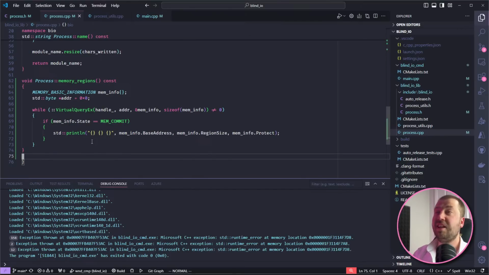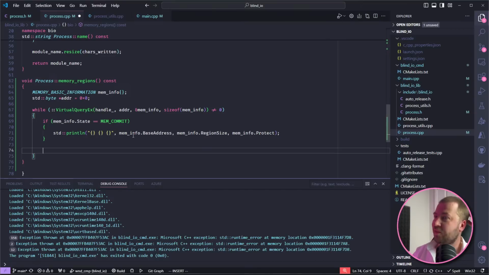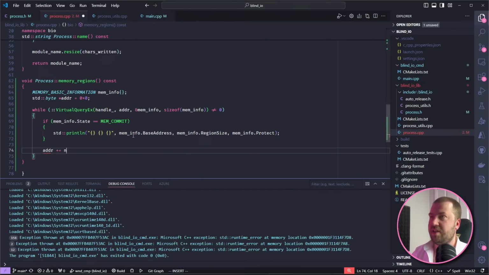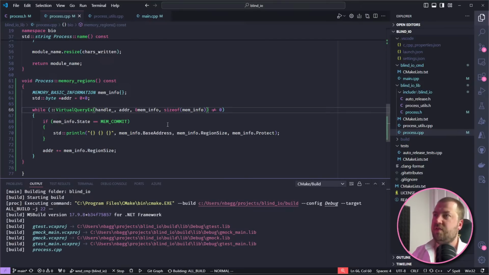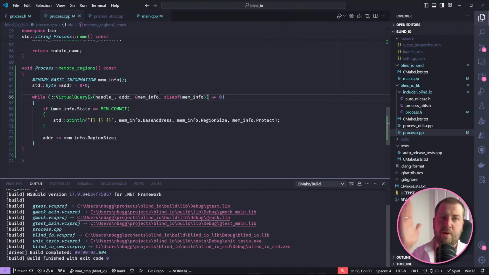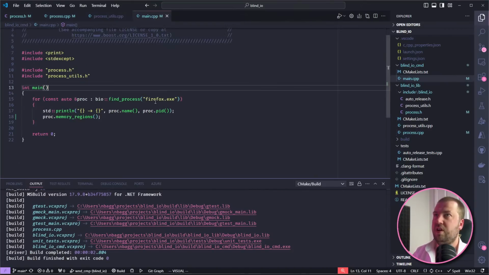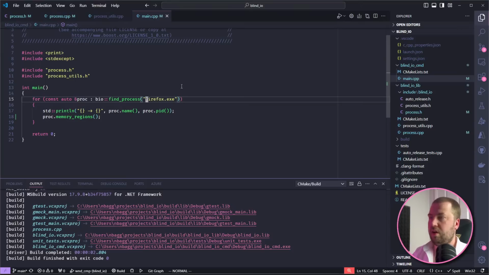We are stuck in an infinite loop because I am continuously querying the same address over and over again and never updating it. So that's why that's not really working for us. So what we need to do is update the address based on the region size that this function returns to us, because that way we'll keep advancing that address and getting the next block of information and then the next block of information. I bet this will work now.